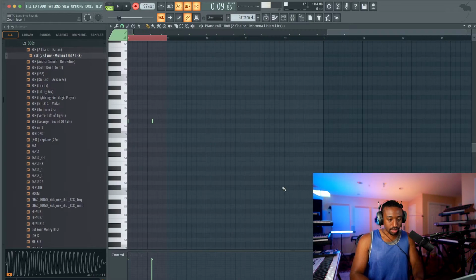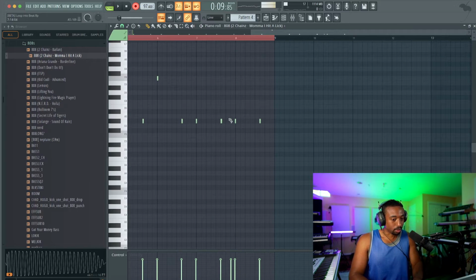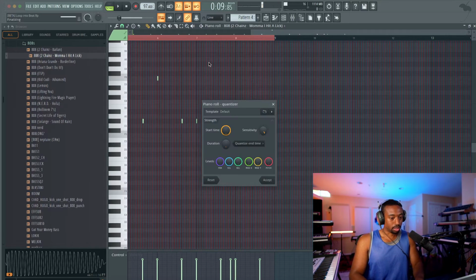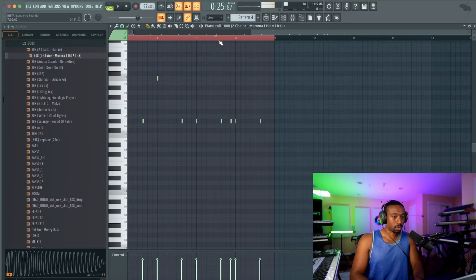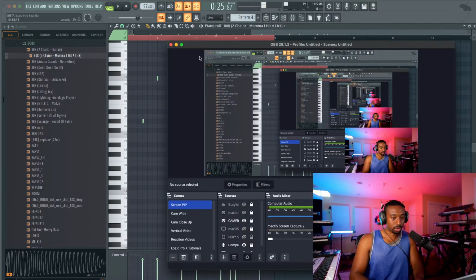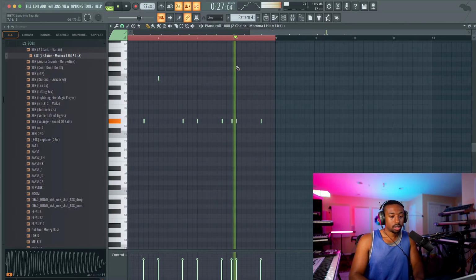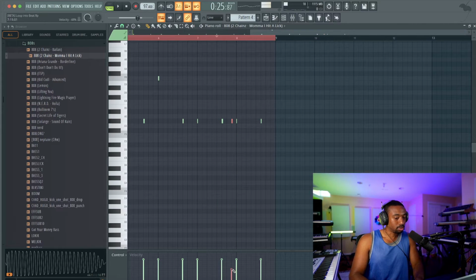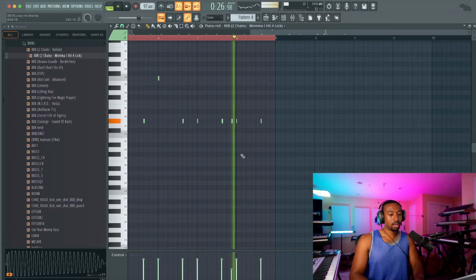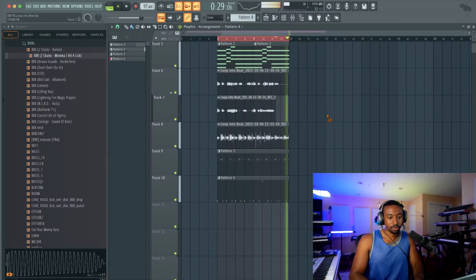Okay, so we're just gonna take out the double hit, even though it doesn't take away from the vibe. Now for the bass, I'm going to hit Alt Q or Control Q to quantize. Let me make sure this is recording because one time I recorded for like 30 minutes and then it just crashed on me. Like right here, we don't need the doom doom. I'm just going to lower the velocity. So it's like a subtle note.